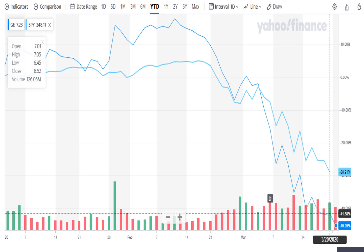And last, here's some sizzle, okay? We don't own individual stocks, but I wanted to provide some perspective. One of the takeaway points is that at a certain point, investors step in regardless of the news and they buy stocks. What I have in front of you is General Electric, top left. In dark blue and in light blue is the S&P 500. On the far bottom right, you'll see General Electric down